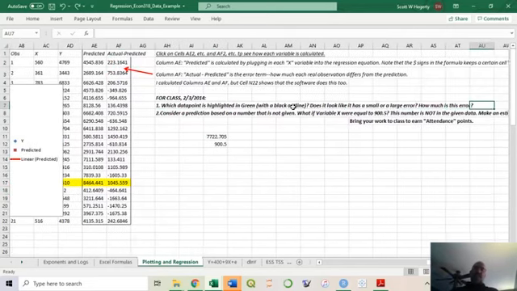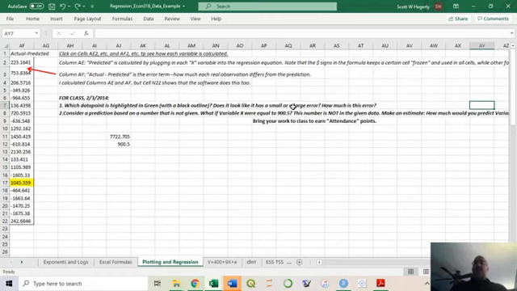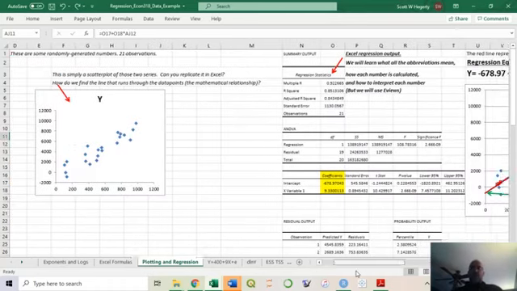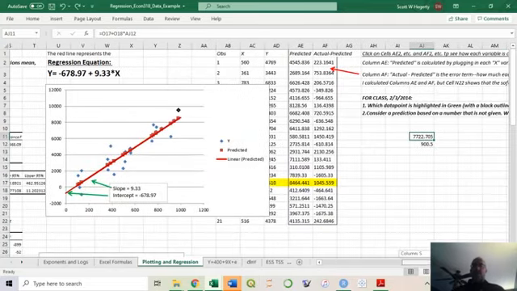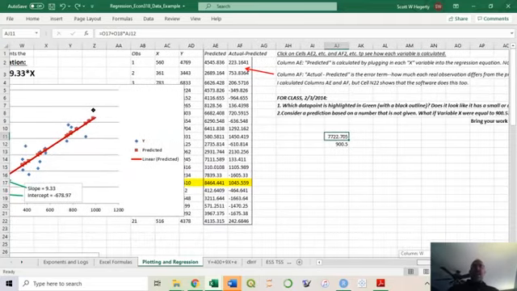And I said, plug in a number and come to class with it. A lot of times students don't read it and don't come to class with the answer. So here, the number is 900.5. And then you can see that if you put the formula in, and the formula actually comes from the regression output over here, you can use the intercept and slope. You will see that the predicted number is